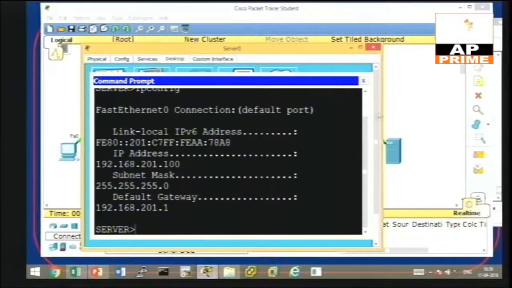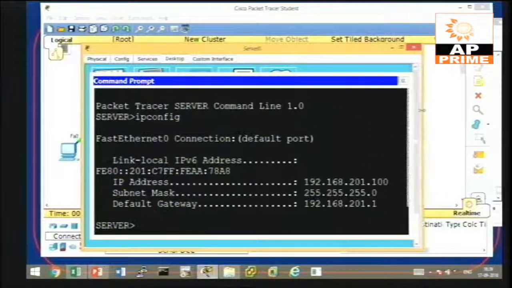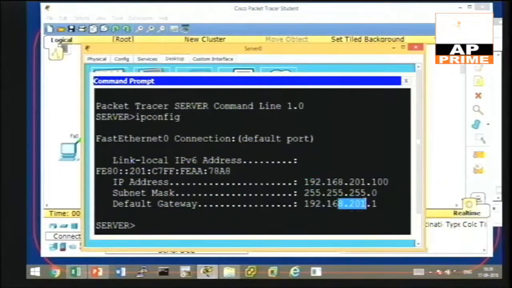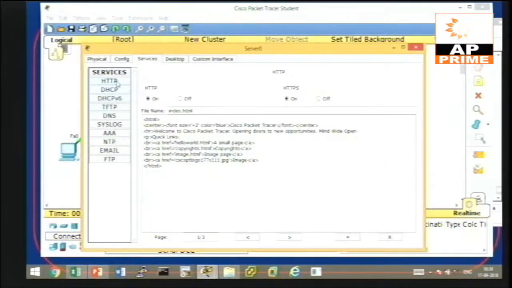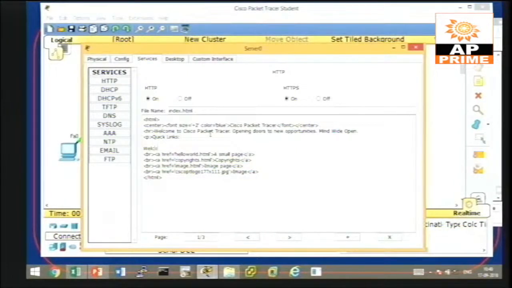So you can see the parameters is assigned. Now we go to the services and then go to HTTP services. In this, there is a message already available. So just to create some message here, we give welcome to Amravati network. So we created a small message and then we're going to save it,